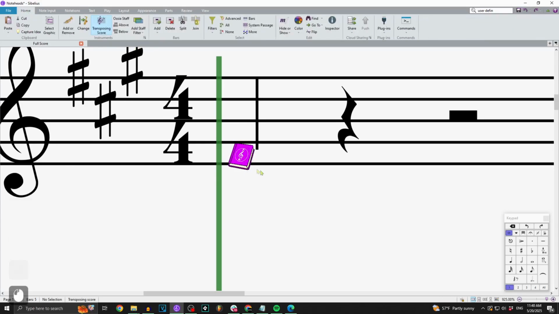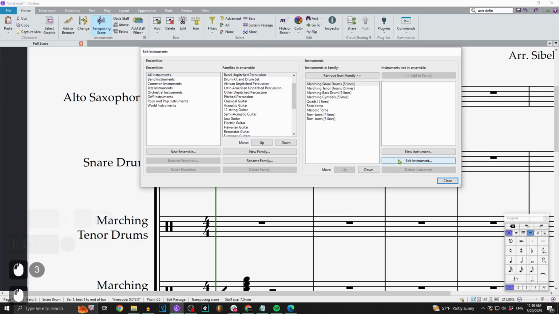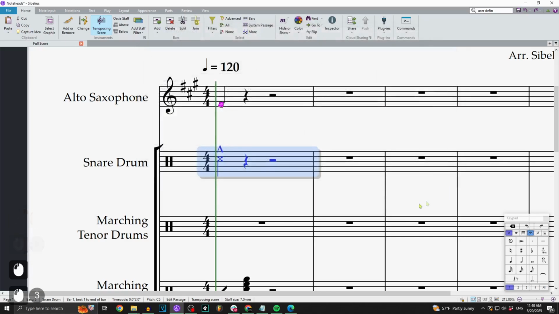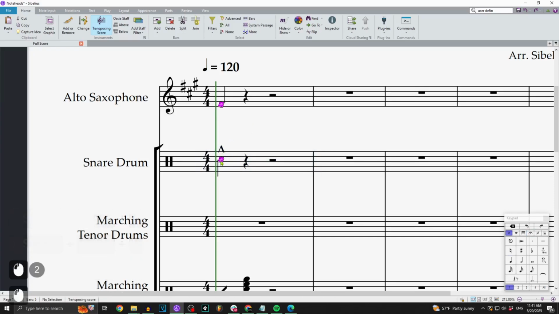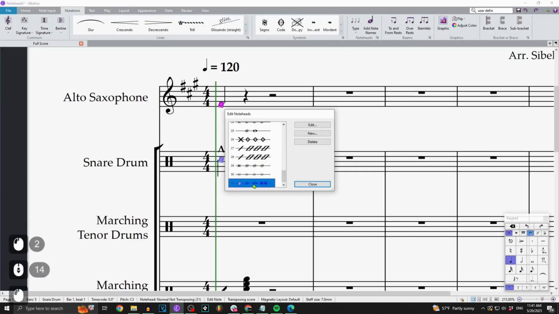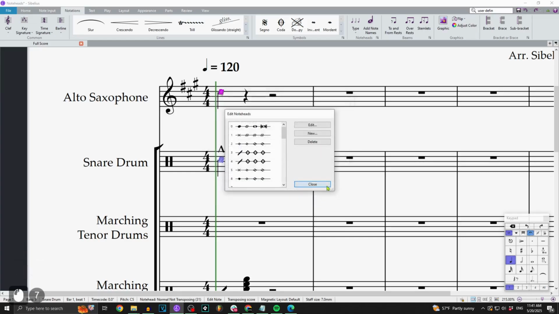Another fun thing is we can go back to the instrument editor and we can edit our staff type. And let's make it so a rim shot isn't an ornate cross. Instead, we can go ahead and make it the Sibelius Scholar logo. So now when I put it as Sibelius Scholar, oh, we don't have anything playing. Why is that? Aha, I forgot to put plays on. Now when we go back,